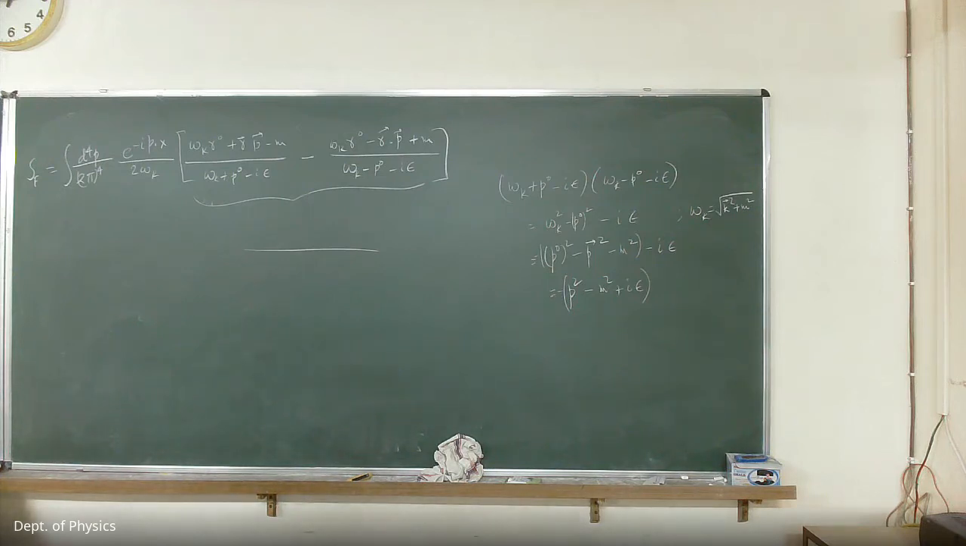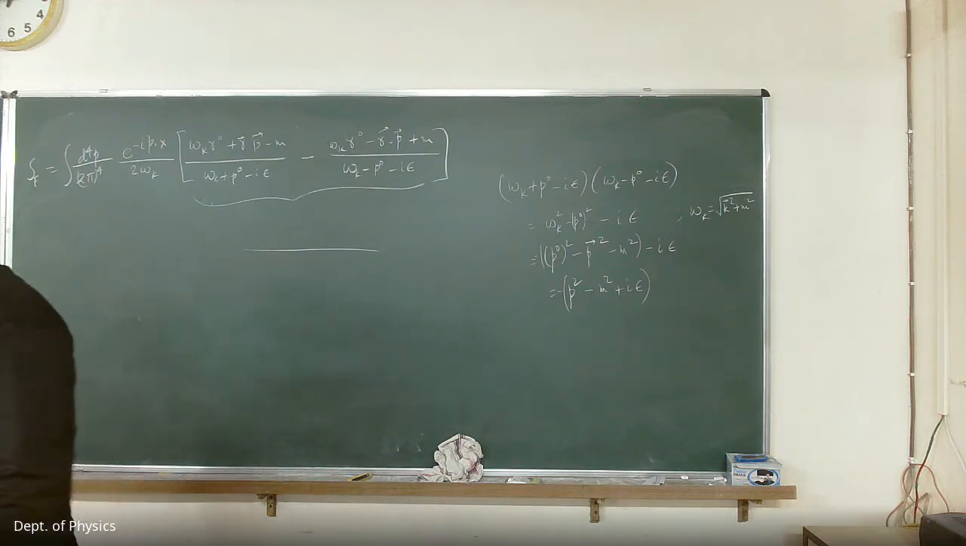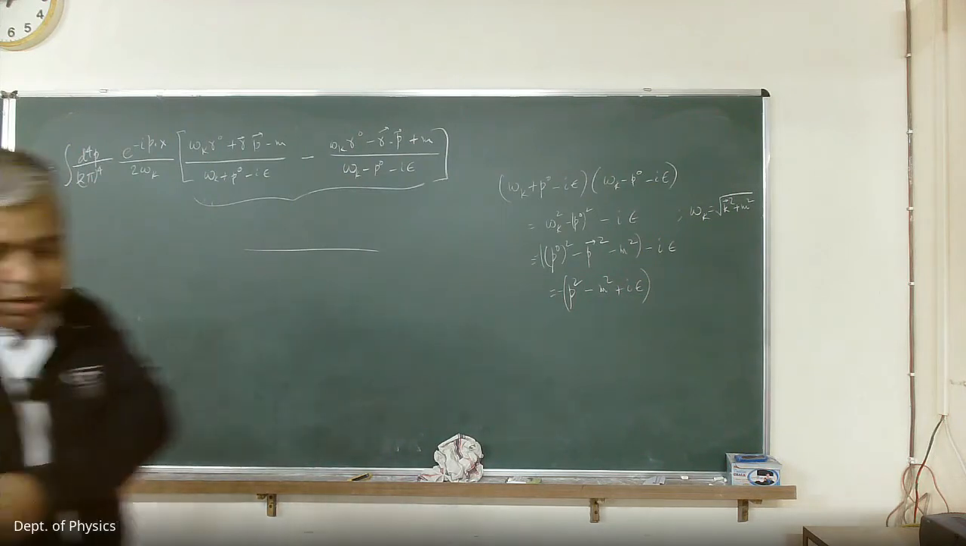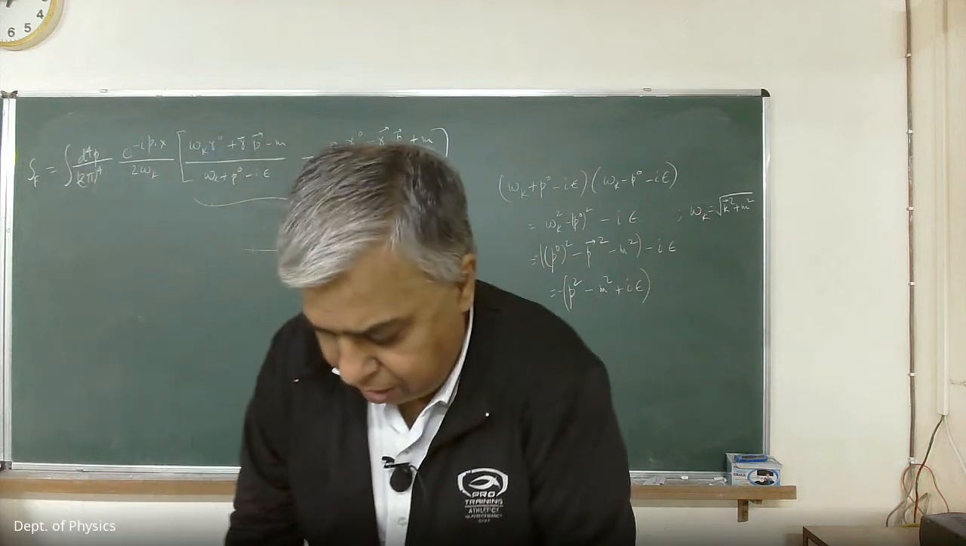But once it occurs in the numerator, you can safely take the limit epsilon tends to 0, provided there is no other epsilon in the denominator. You have to study. So you can convince yourself that this manipulation can be done in a straightforward manner, and ultimately